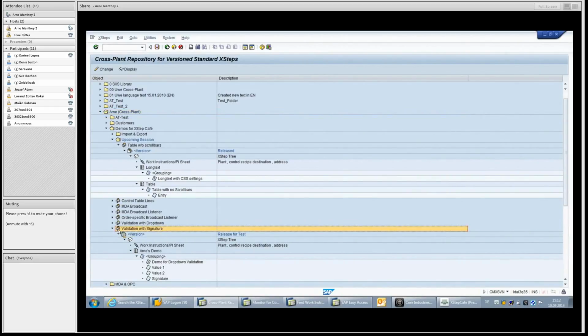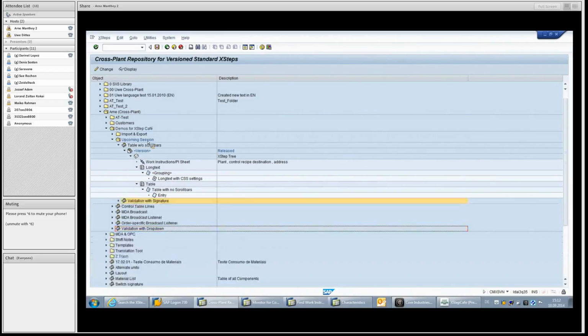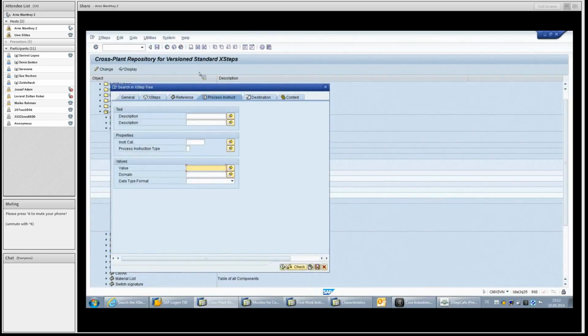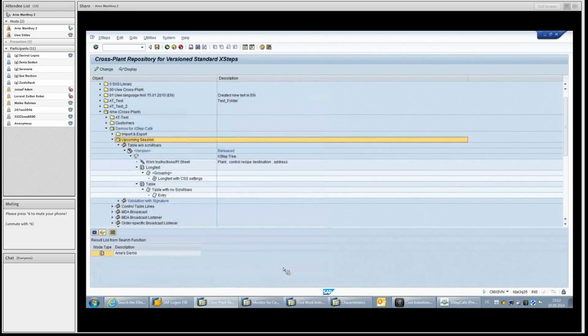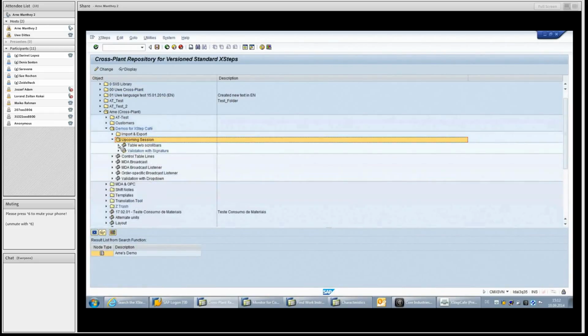I don't know what happens here, but let me just move that up here, and hopefully that's just something with some broken instance I have here in the other areas. There it comes. Okay, so now I'm only searching here in this tiny little area, so only over these two XSteps,